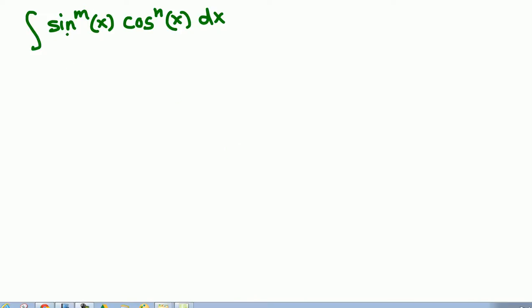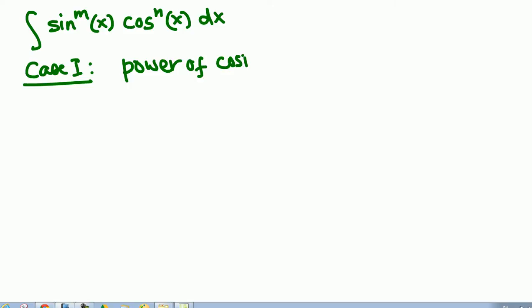To integrate sine raised to some power m of x times cosine raised to some power n of x dx, we will have three cases. Okay, case 1: the power of cosine, which is n, is odd